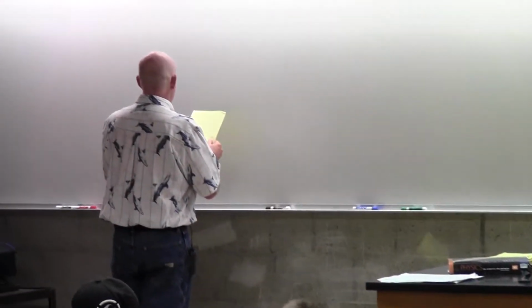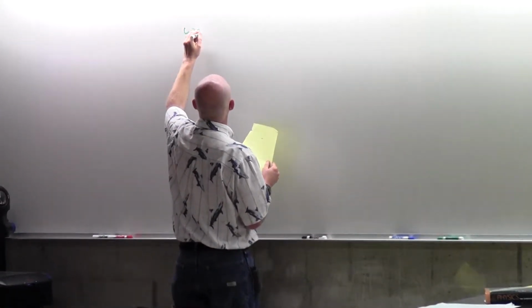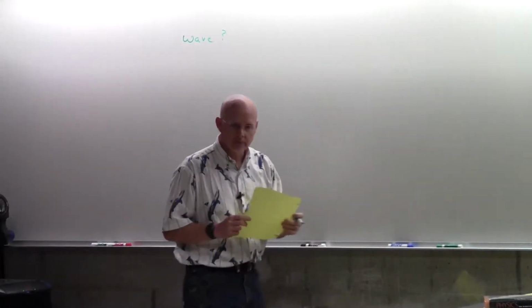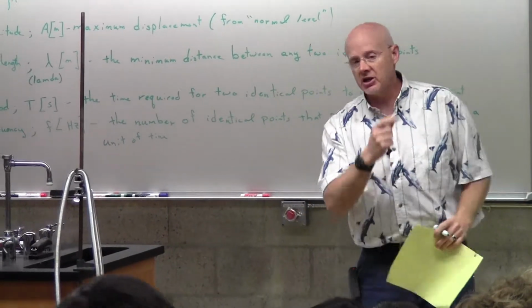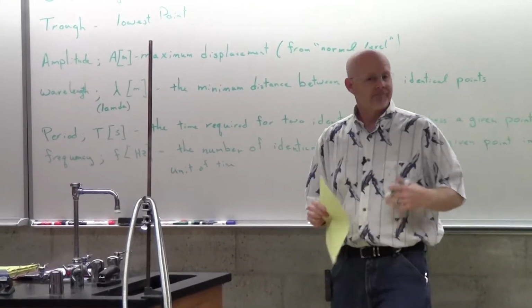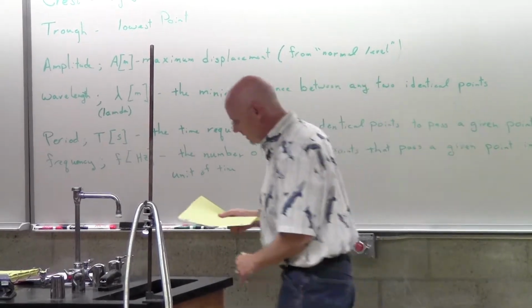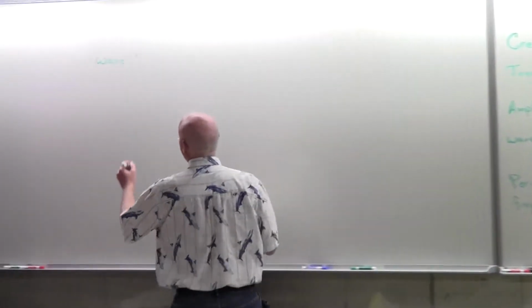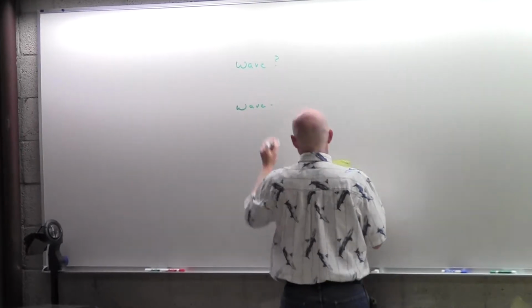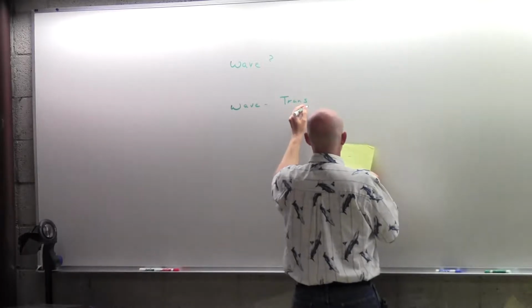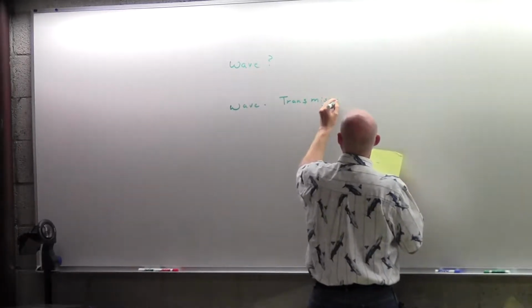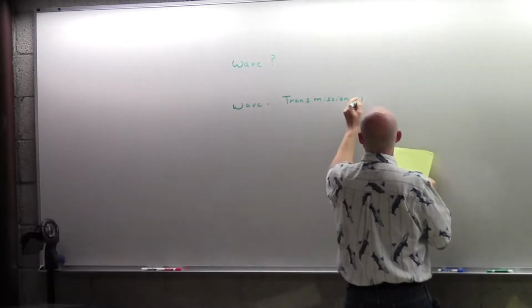And so the beginning part of this chapter is just simply this question: what is a wave? And what are the words we use to describe a wave? That's the first section, and what I want to go through there. So this is terminology, definitions, if you will. I'll start off with a kind of layman's definition of a wave. I would call a wave something physical that has the transmission of energy,